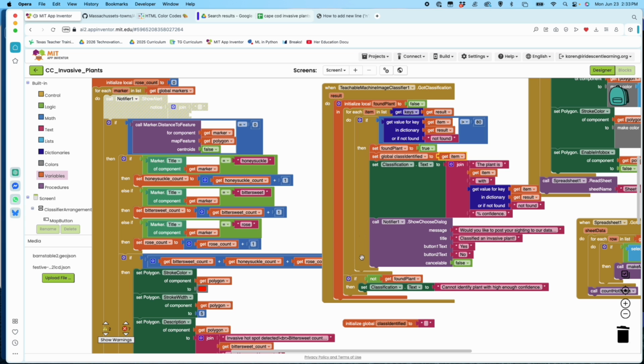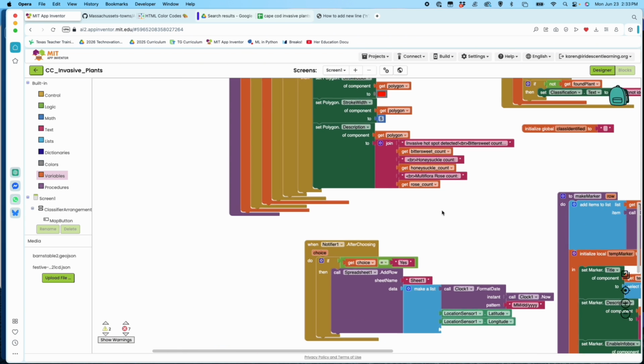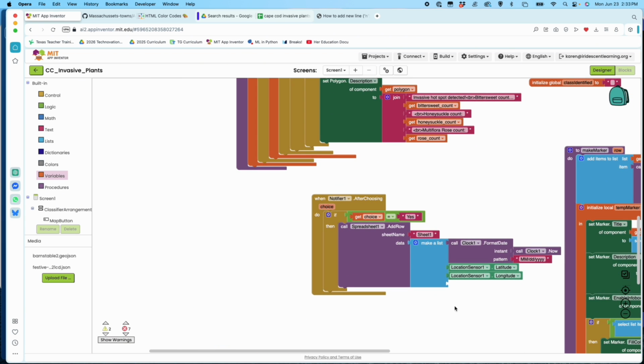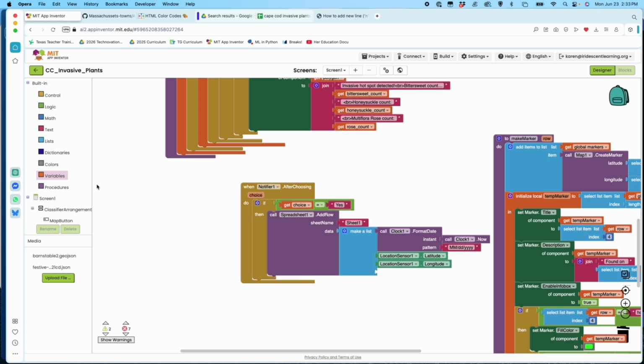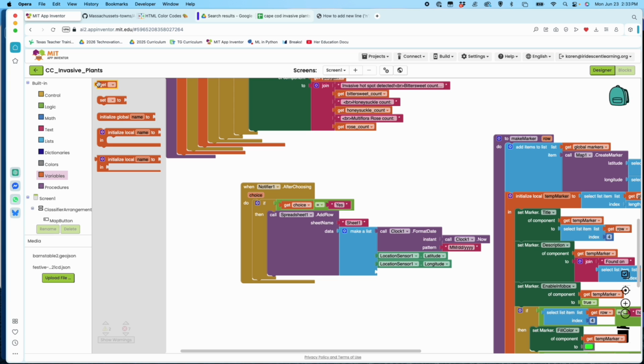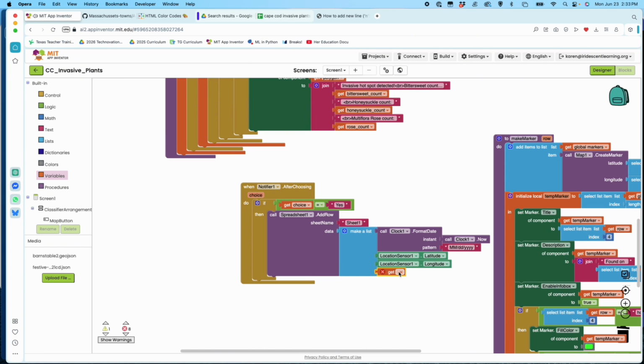So we'll store that so that over here, after we've got all the information, we can then again use that for the class identified. So we're going to add the row,